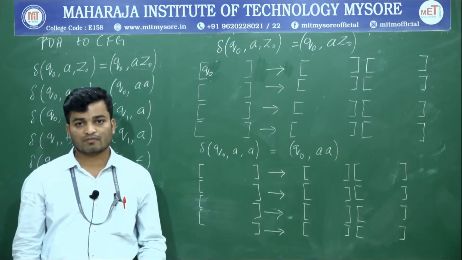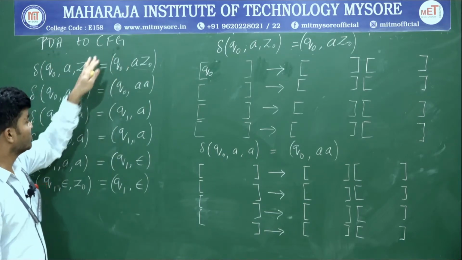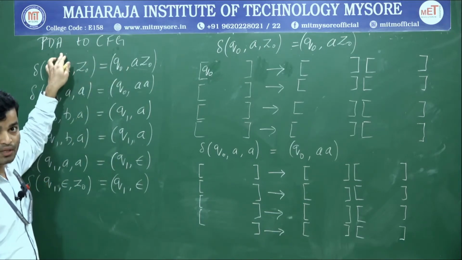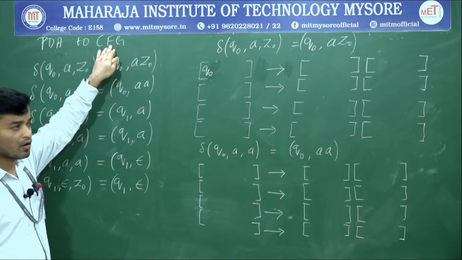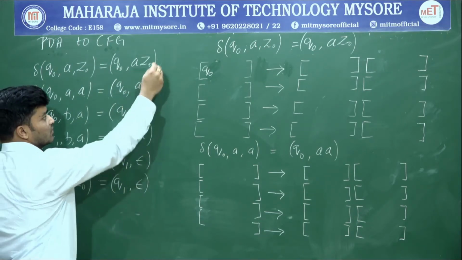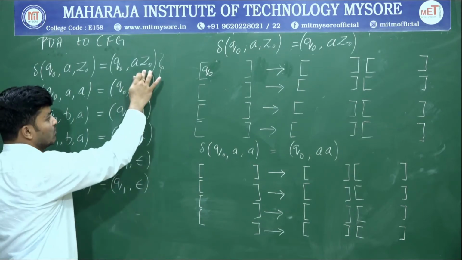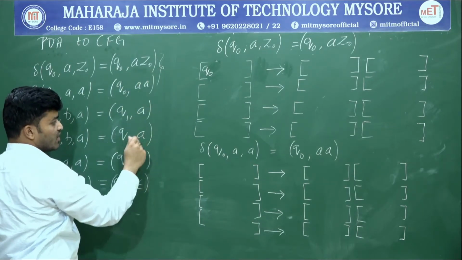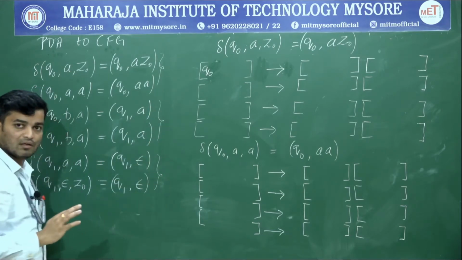Okay, so the next topic is the conversion of the given PDA into a CFG. They are going to give the transition function for the PDA, pushdown automata, and we are supposed to convert that into a context free grammar. Based on the number of terms in the transition function, we will convert it into a context free grammar. If you have two terms, the rule is different. If you have a single term, the rule is different. And if you have an epsilon, again the rule is different.